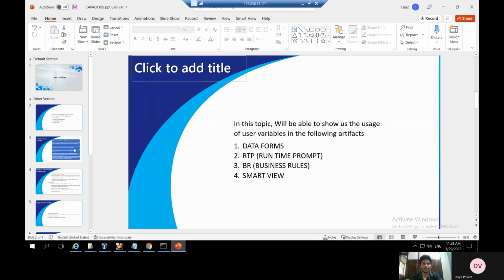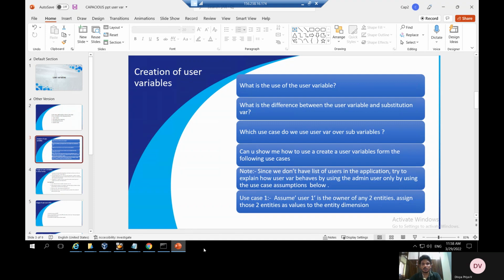Coming to the next slide. The creation of user variables. What is the use of user variable? The user variable acts as a filter in the forms, enabling the users to focus only on certain members. User variables are created by the administrator only. By using user variable, you can select the list of members to display on the form, helping users